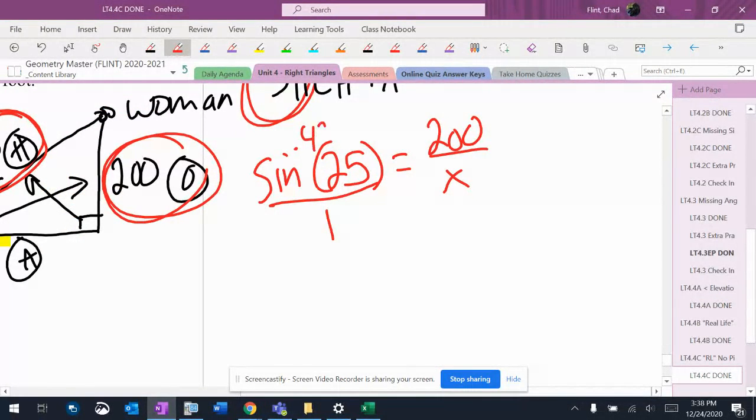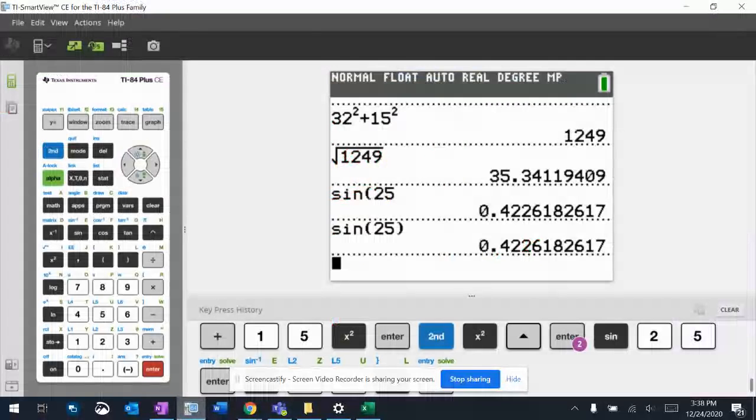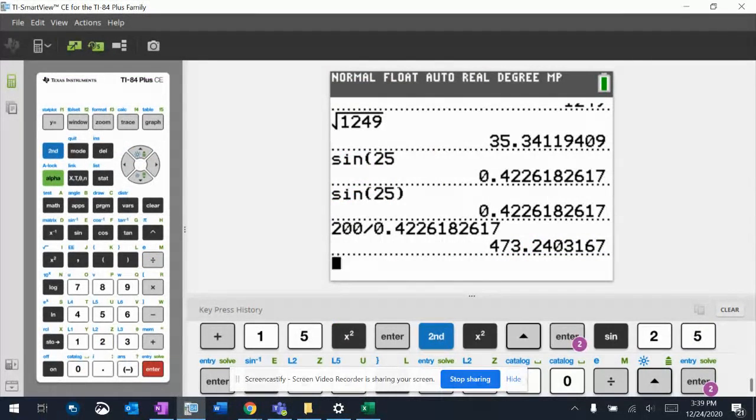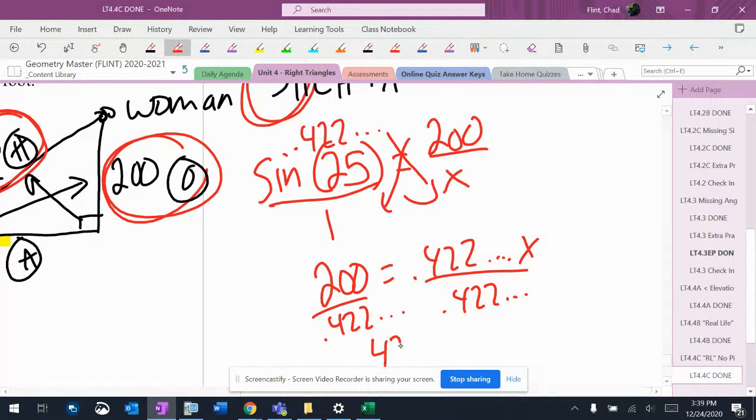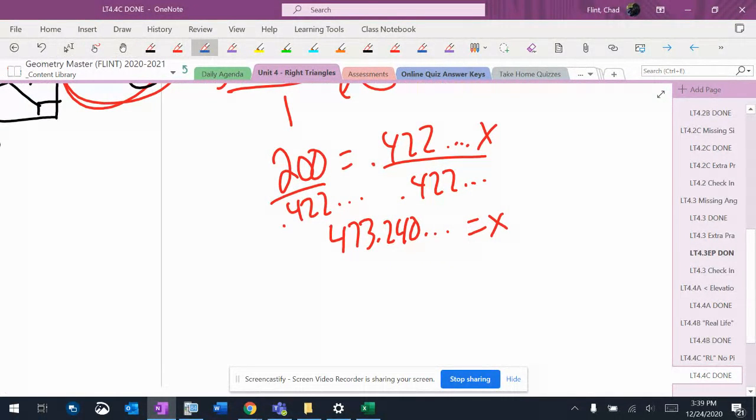Others have 0.422. Cross multiply, I get 200 equals 0.422 x. Divide by the decimal, and I get 473.240. So 473.240 equals x. And it says to the nearest foot, that means no decimals, which means round the 3, using the 2, 4, 7,